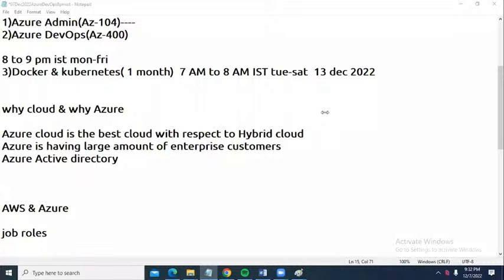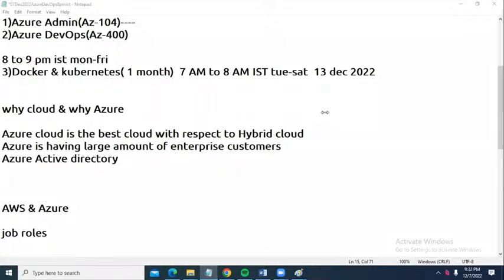Hello, Shiva. Once after learning Azure, in case I get a project in AWS cloud, will I be able to do it? No, AWS is completely different. That is a different cloud platform. The concepts are the same, but the way of creating service resources is different.